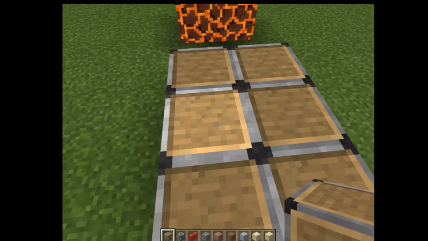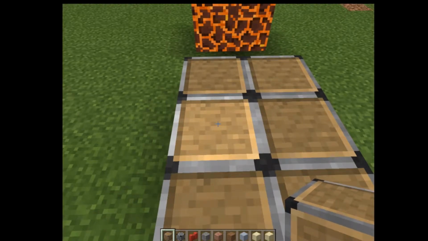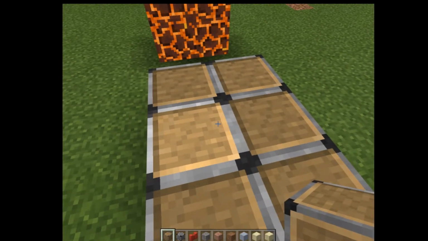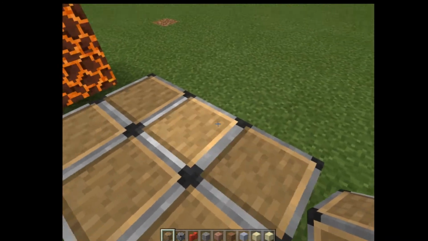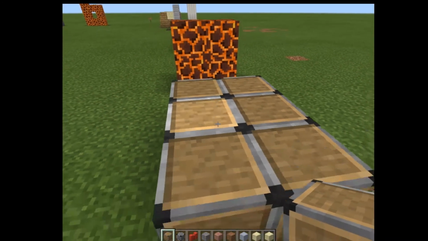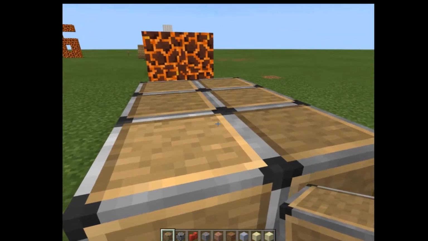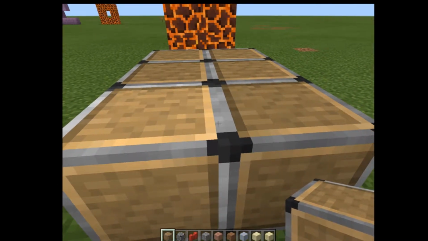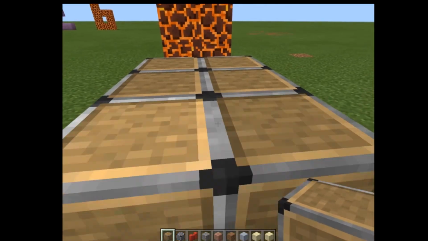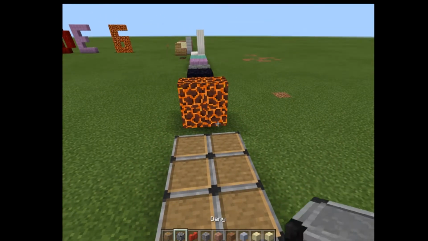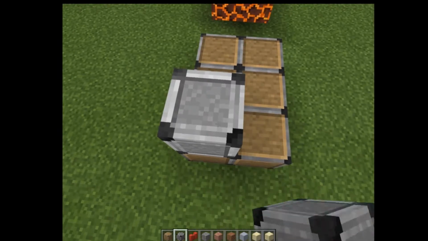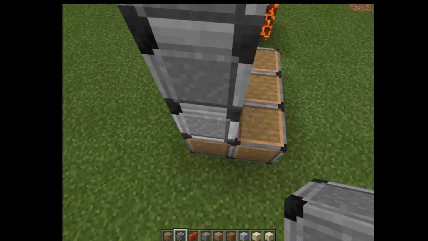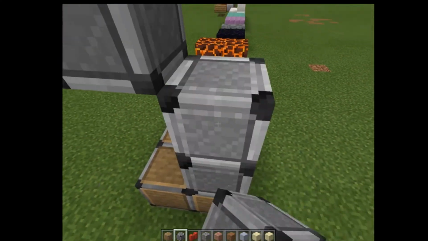So for example, if I want students to be able to destroy and create in a certain area, I can either just leave it on creative and let them roam and do their thing, or I can place these down. The cool thing about this is that because they move from their space up, you can actually manipulate them a little bit. So for example, if I have a deny block, so let's say I'm going to create a little tower here,